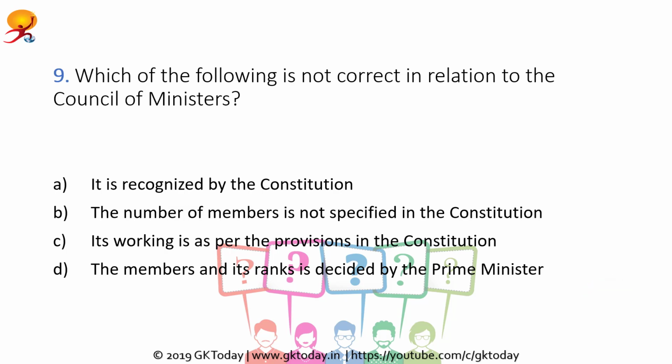So the incorrect statement is option C, that is, their working is as per the provisions in the Constitution. In fact, there is no provision in the Constitution for the legal responsibility of a minister. It is not required for an order by the President for a public act to be countersigned by a minister. In fact, Article 74 mandates such advice may not be questioned in any court.